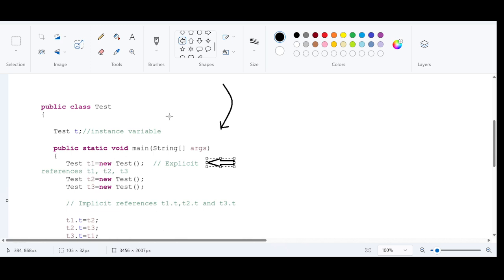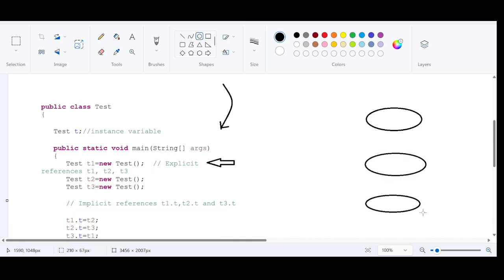For this new keyword, an object is going to get created in memory. The reference variable is t1. And we have used three new keywords, so I'm directly creating three objects: 1, 2,